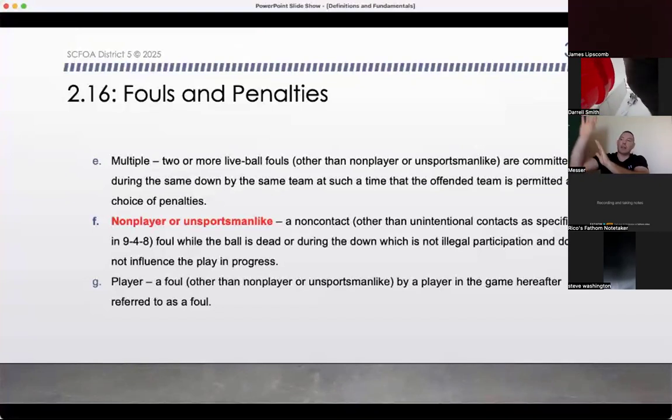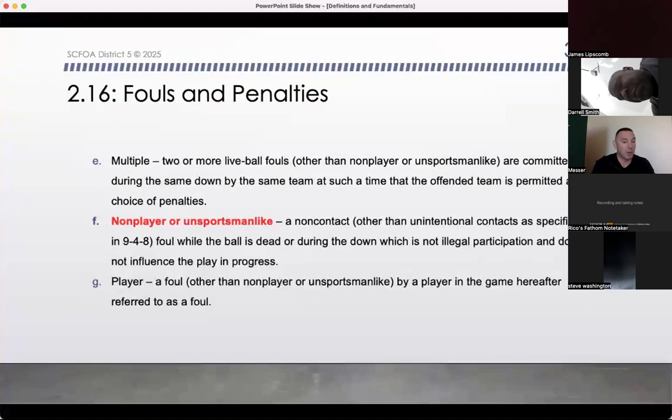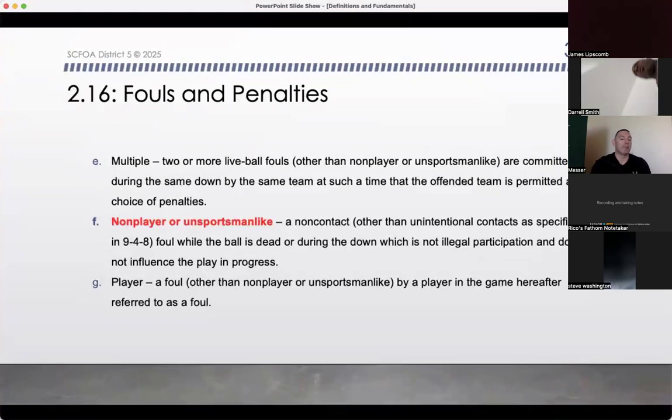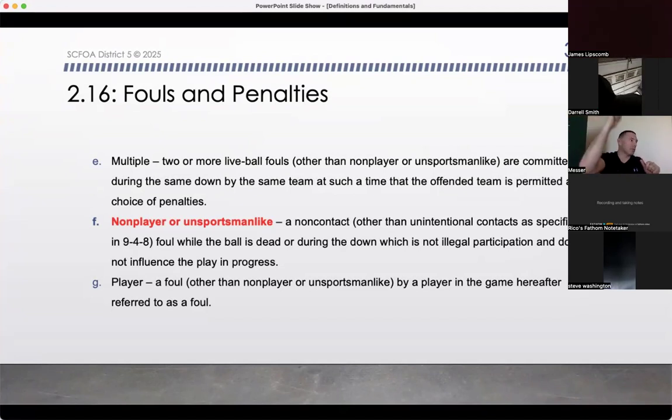Everybody else, the sideline, the substitutes, the coaches, whatever. Those are all considered non-players. And then an unsportsmanlike act can be by anybody. It can be a player or a non-player who does an unsportsmanlike act, and it is a non-contact foul. So if Jonathan comes and tells me,